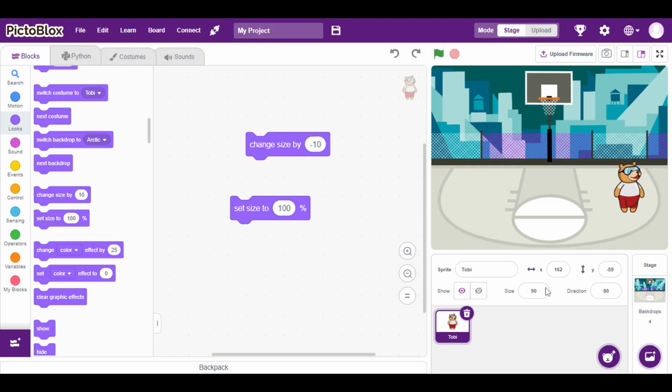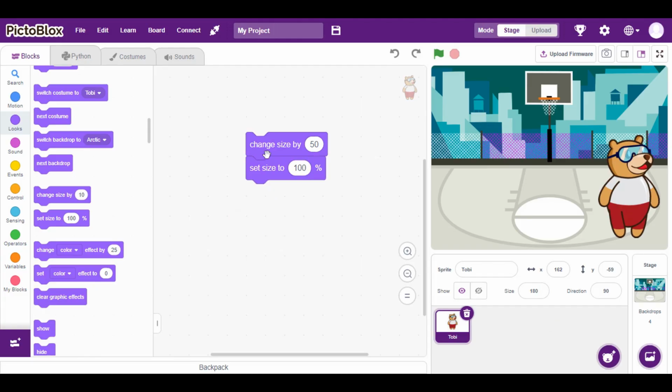Okay, so now see, it became 90 over here. So if I click this again, it will become 80. So if I put 50, it increases the size by 50. So 130. Now again, if I press this, it will become 180. Okay, so again, this is to set the size to a particular value. This is to change the size by some number. Okay,